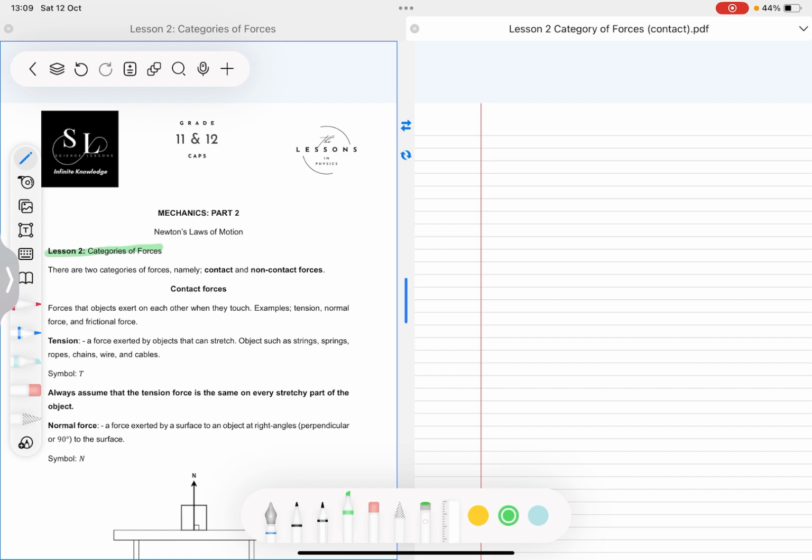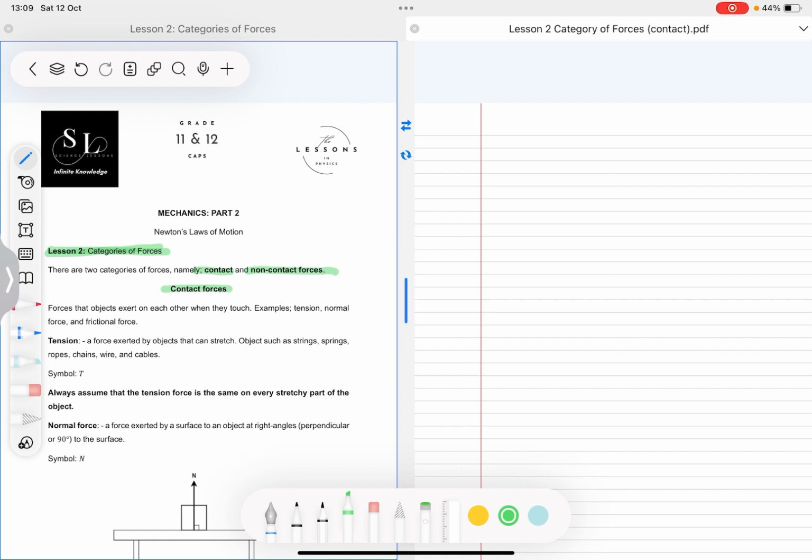This is a continuation of our lessons in mechanics, Newton's laws of motion. So here we'll be looking at lesson 2, where we study different types of forces that we have. Generally, we have two types of forces: those that are contact and the ones that are non-contact forces. So I've divided this lesson into two lessons. We'll first look at the contact forces, and in the next lesson, lesson 3, we'll look